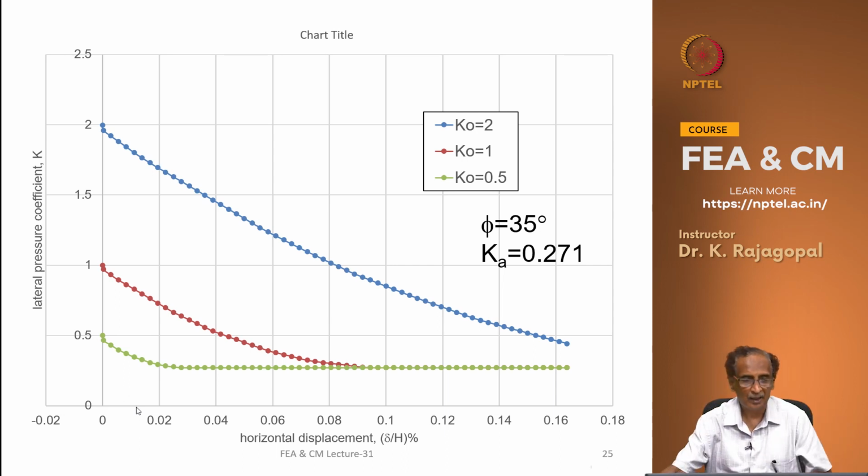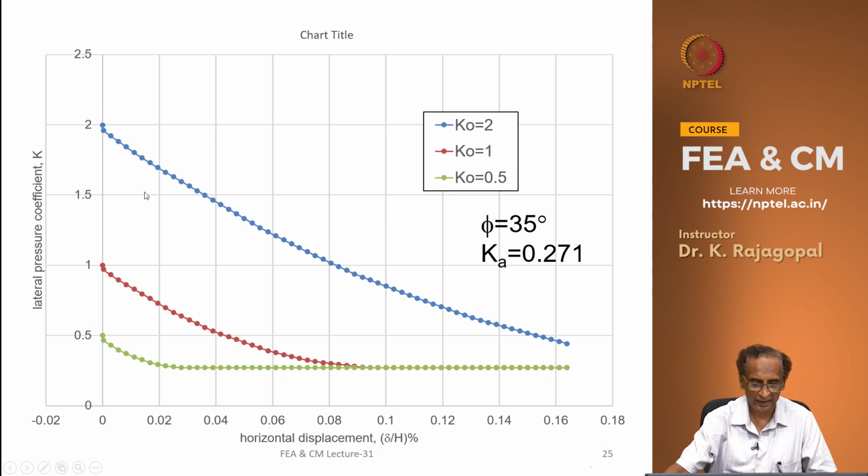And here I am showing you the variation of K with lateral translational deformation for 3 different cases, and all these cases correspond to a phi of 35 degrees and a C of 0, and the Ka is 0.271, and this is the result. This green line is the result with a K naught of 0.5, and this red line is with a K naught of 1,